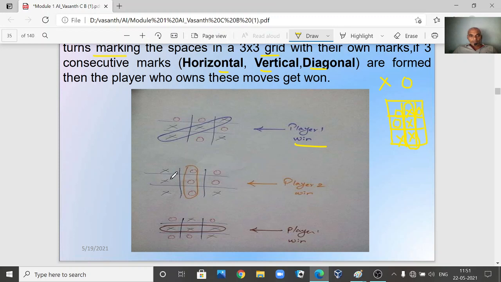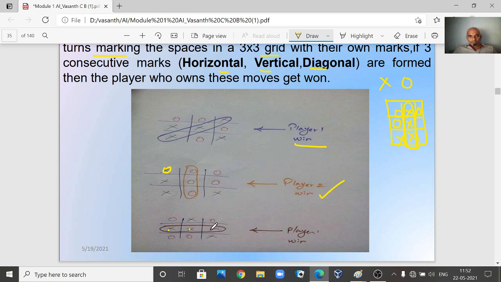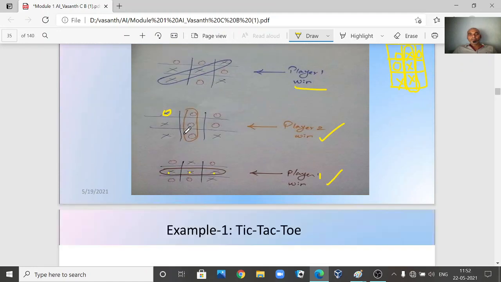Here I think I have made a mistake in the drawing. Here we can see all three O's are there, so we can declare player 2 has won the game. Of course there is a mistake I have drawn here, X is also there, so assume that this is O. Similarly, in the third example, X, X and X, so we can declare player 1 has won the game. This is how we are going to play the game of tic-tac-toe.